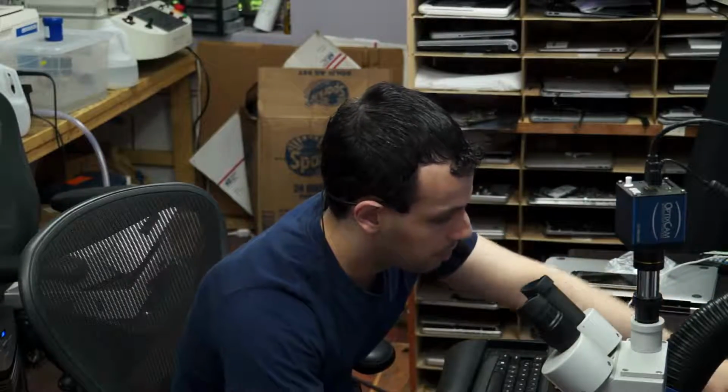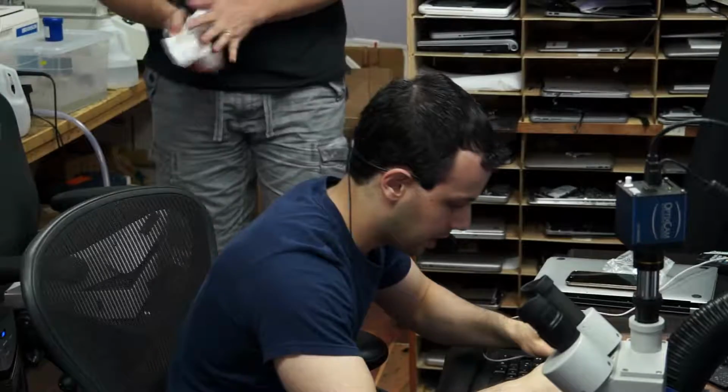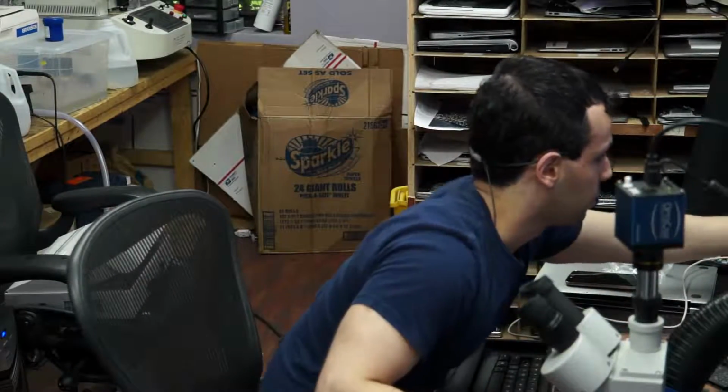Okay, so today we're going to be going over a dead MacBook Air motherboard. When I plug the charger in, it doesn't turn on. I don't have a fan plugged into it, so you can't see it not turning on, but you can just trust me that it doesn't work. So if I drag the oscilloscope over a little bit,